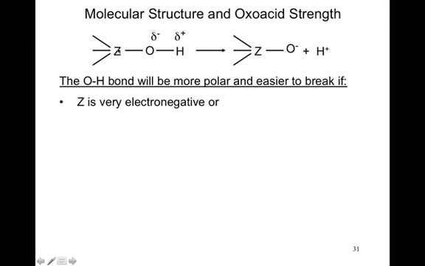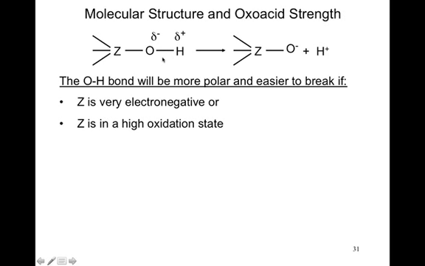Z is very electronegative. Now, hopefully that makes conceptual sense. We got electrons being shared between oxygen and hydrogen. We have electrons being shared between oxygen and Z, whatever atom or molecule is on the other end of that. And if oxygen is going to let go of hydrogen, we need to weaken this bond right here. And if Z is really, really greedy, then he's going to pull more electrons to this side, which is going to pull more electrons to this side. And they're not going to be so evenly shared here, and it will be a little easier to break that